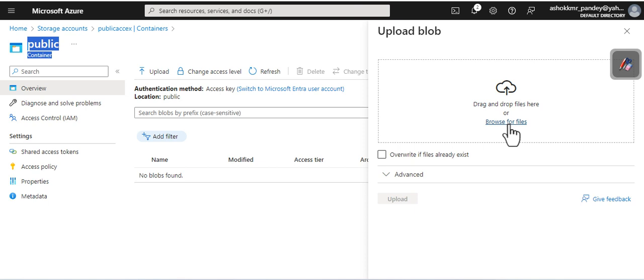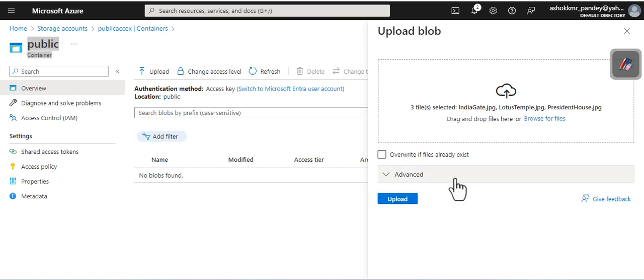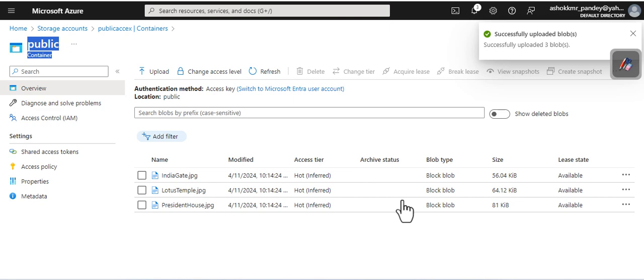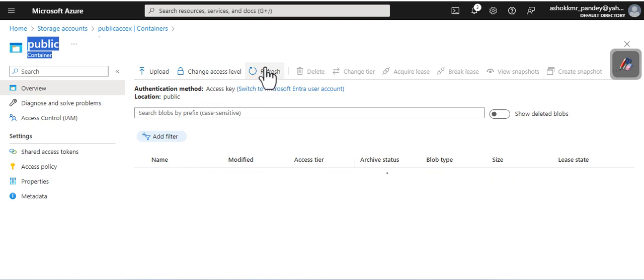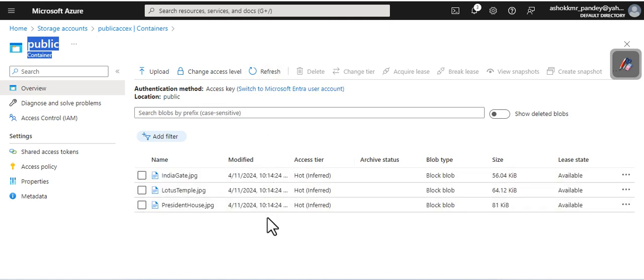Just give me 1 minute, guys, I need to upload one file. Now I have selected and uploaded 3 different images. So you just need to upload your files. Once it is done,